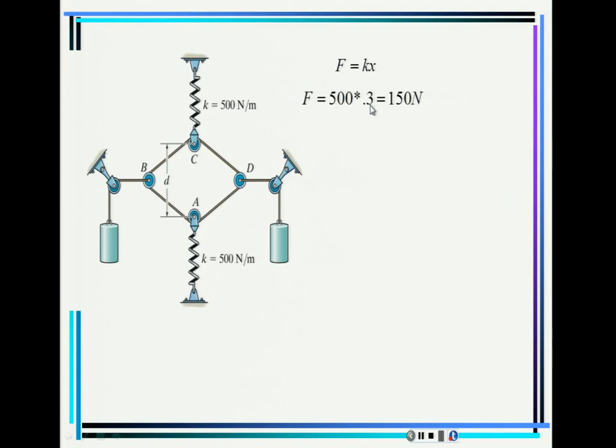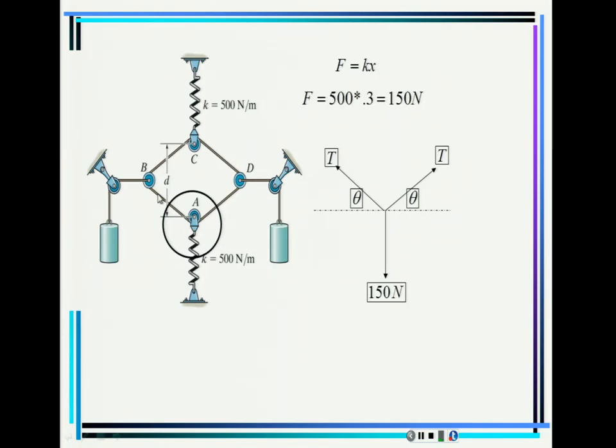300 millimeters, 0.3 meters. That means that the force here is going to be 150 newton. But the force here is the same force here also because everything is symmetric. So that means that I can do an equilibrium around this particle A. If I do that, then you're going to have tension, 150, and angle theta, and angle theta, which I was